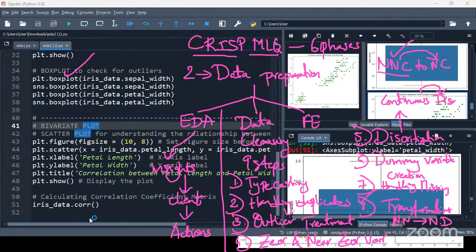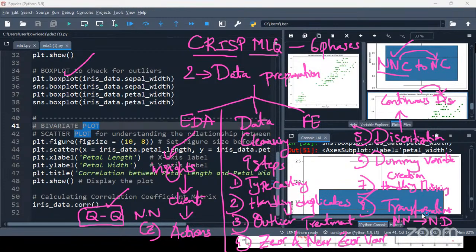Earlier we discussed the QQ plot, quantile plot. Initially we'll visualize the QQ plot, and if I find that the data is non-normal, if it is not following Z distribution, then I'll apply transformations.